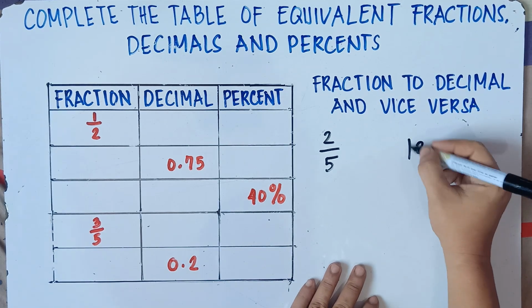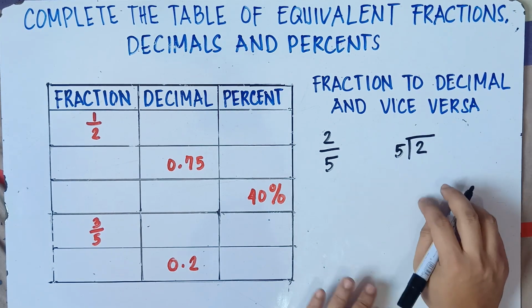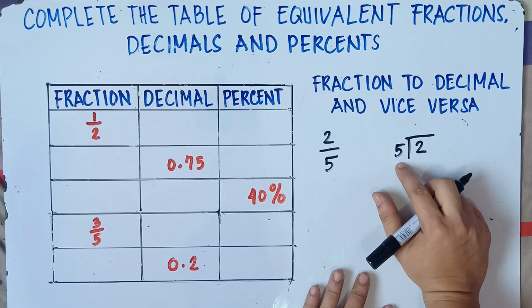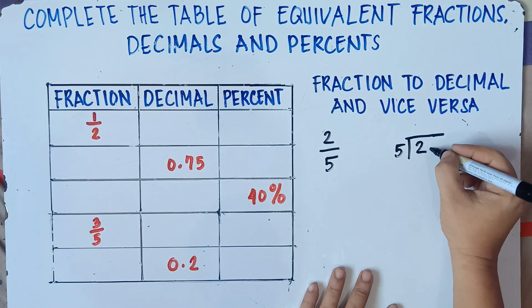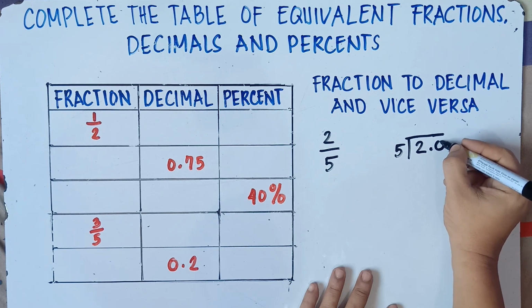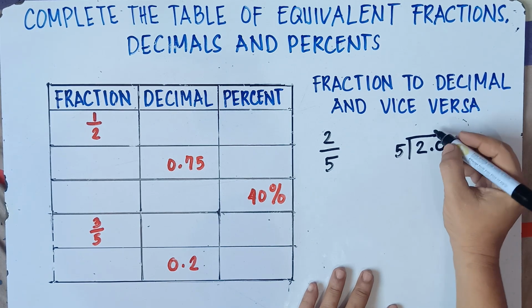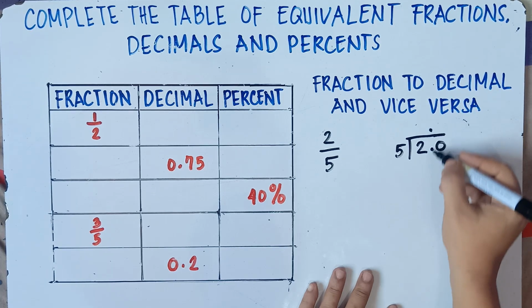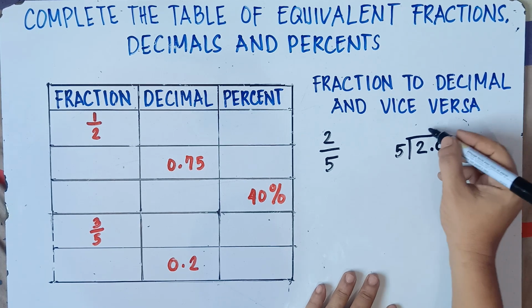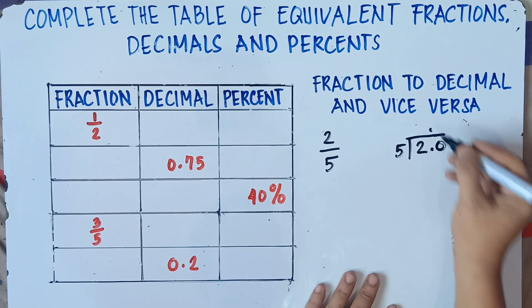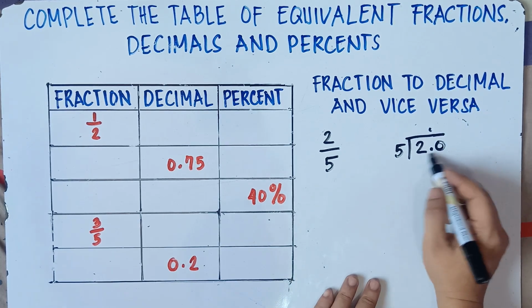2, then divide it by 5. Of course, 2 divided by 5, that cannot be. So we need to add a 0. Just put a point, then add a 0. Now, when you add a point here, you also add a point on the top. You align the points. Okay, once again, we add another 0. There will be point 0. And then you put a point on the top. You align the points. And you think of this one, class, as 20.